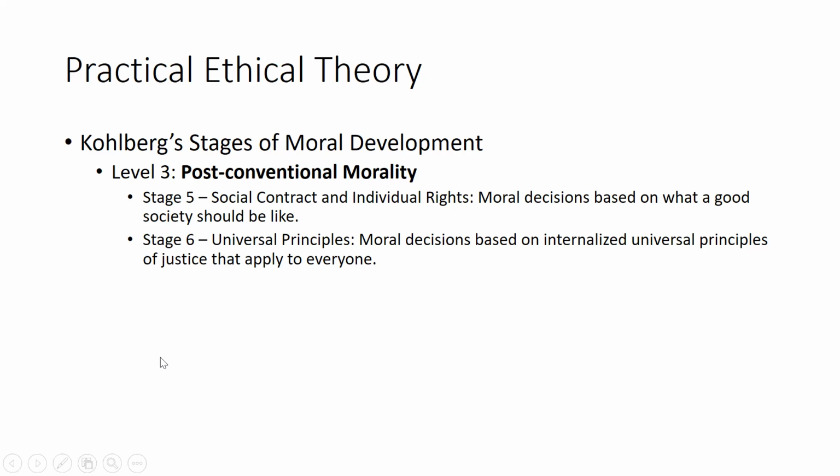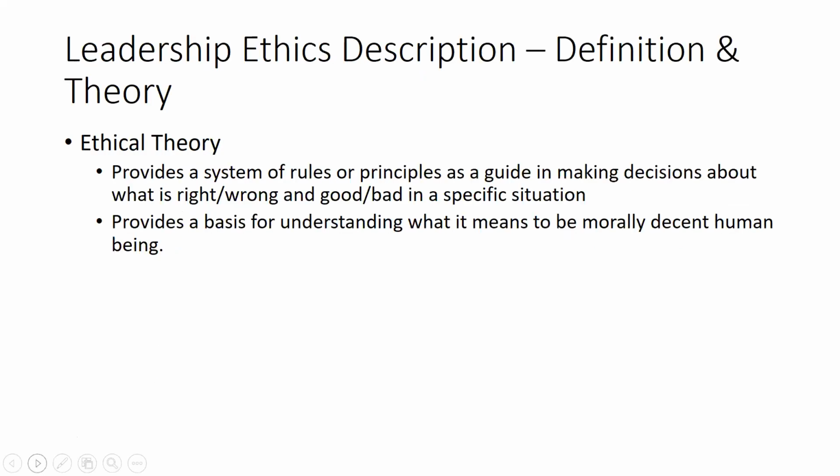Okay. So those are the different stages of going through the model there, going through Kohlberg's stages of moral development, how we develop through different stages to establish our ethical philosophies, our ethical leadership, or as I got here, the ethical theory itself. What does it do? It provides a system of rules and principles that guide decision making about what